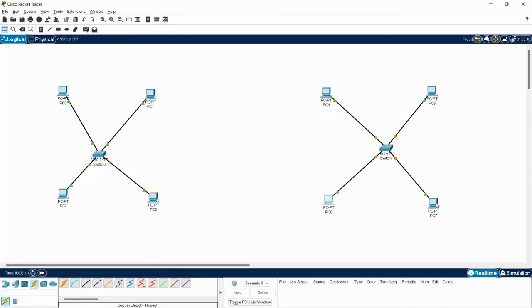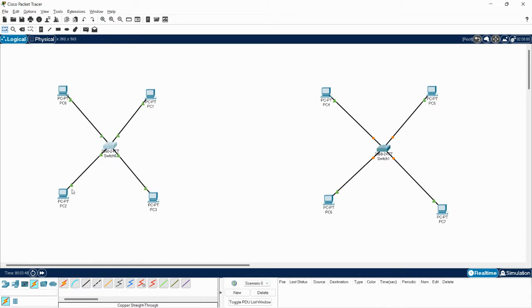So 4 virtual machines are connected to 4 ports of the switch, and each port has an interface name.